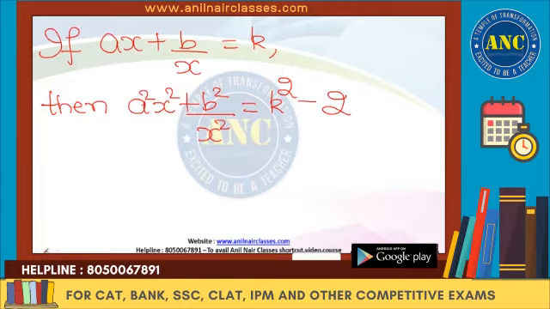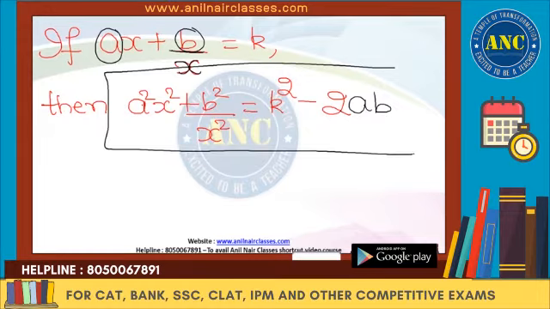Write down the same, k square minus 2. For this 2, multiply the coefficient of x, that is a, by the coefficient of 1 by x, that is b. So the final expression is k square minus 2ab. Now why did I discuss this? You might get a doubt, why did I discuss this? Before going to why, one more